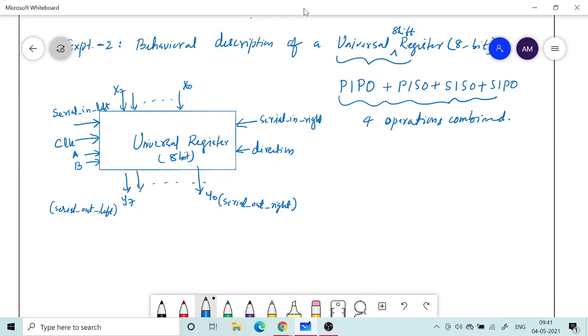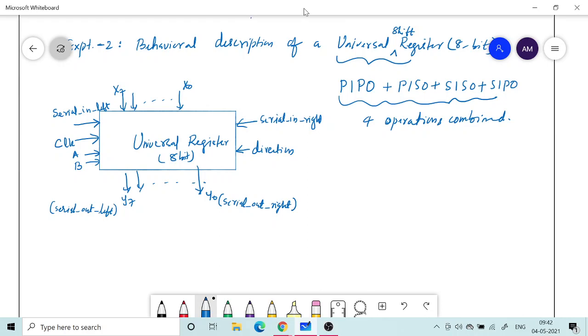And then the other operation is serial in. Serial in means you could let the data in from the left side, or let the data come in from the right side, depending upon whether you want left shift or right shift. If you want the right shift, you enter the data from the left.